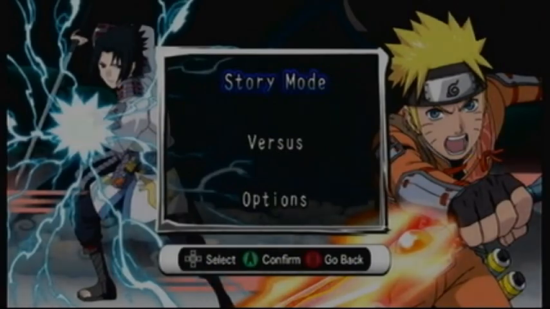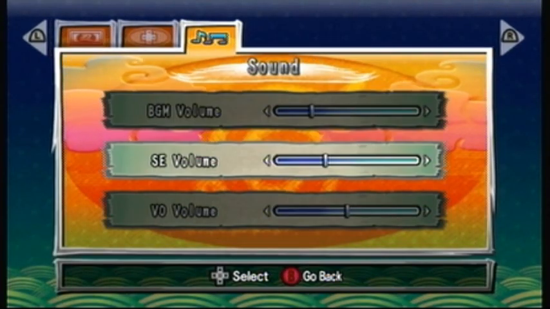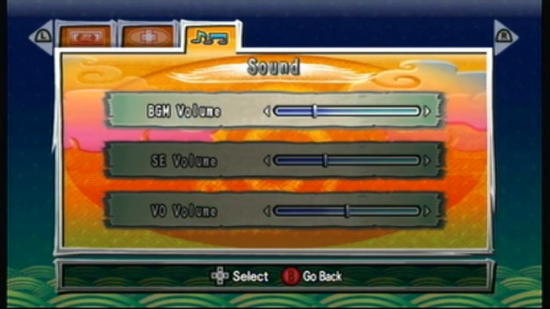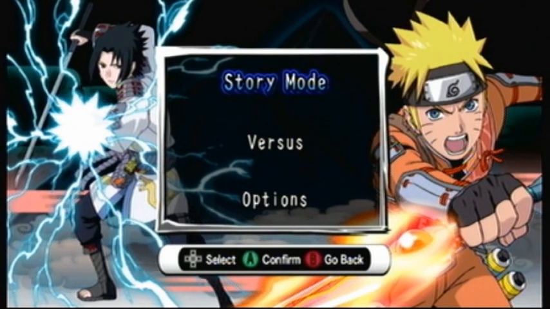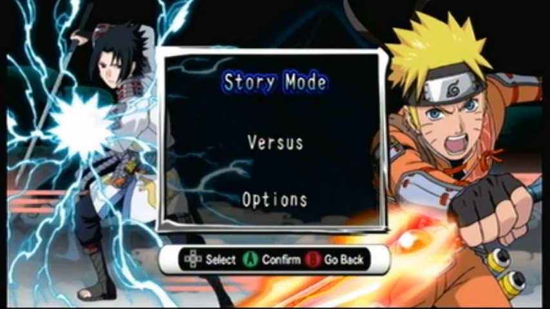I recommend having your volume settings like around this. You can have the background music a little more up, but I like keeping it in the background. But yeah, definitely keep the voiceover a little higher than usual, because the way they structured the audio design, you can barely make out what the hell these guys are saying sometimes. Anyway,